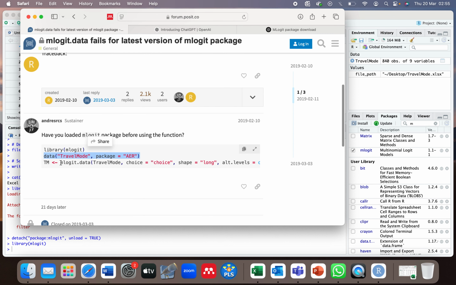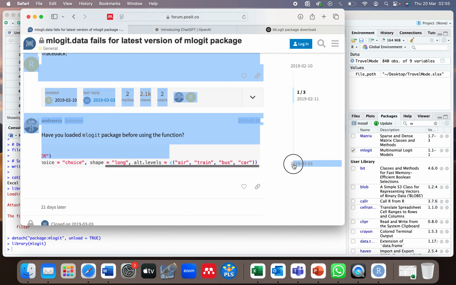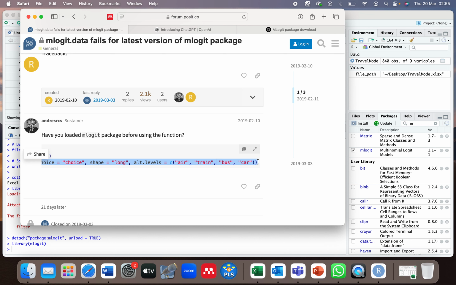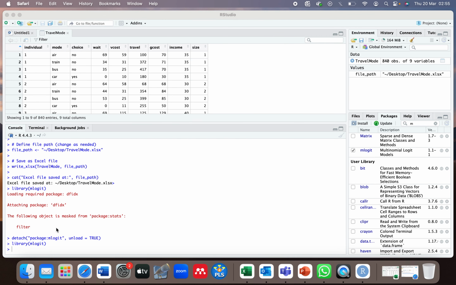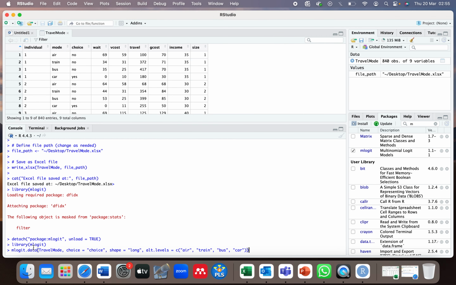So there is another command available for the data preparation. We will copy it, and I will explain what it is. For example, now we have our data set. Now we are creating another data set which is logit data, so that the software can read it easily for the analysis. In this line of code, we are telling the software that our dependent variable